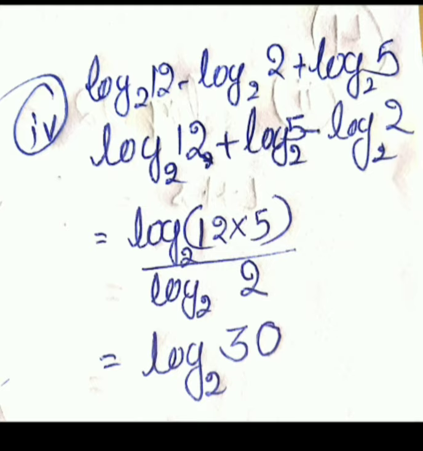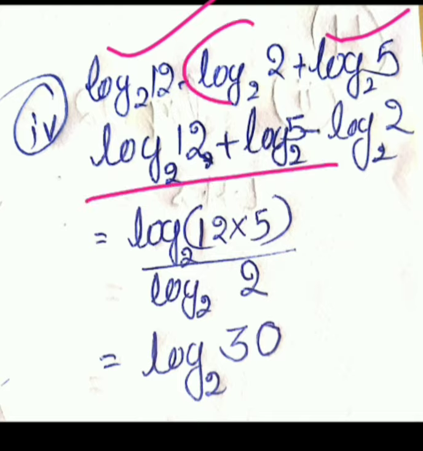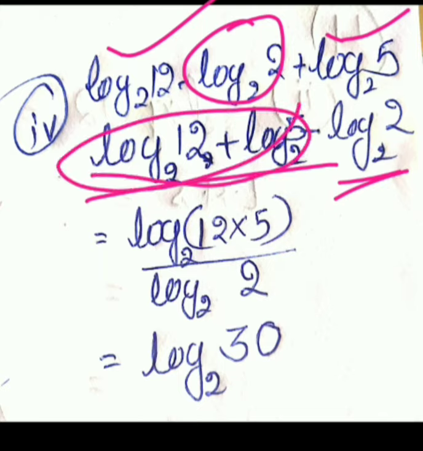Okay? So students, as you know, in any simplification, first we do it according to the BODMAS rule. We are solving according to the BODMAS rule. So students, here also we will follow that. Okay? These both are in addition, so I have written that for both. Then after that I have written this subtraction. Okay? So this one first you have to solve, because these both are in addition, means the formula is